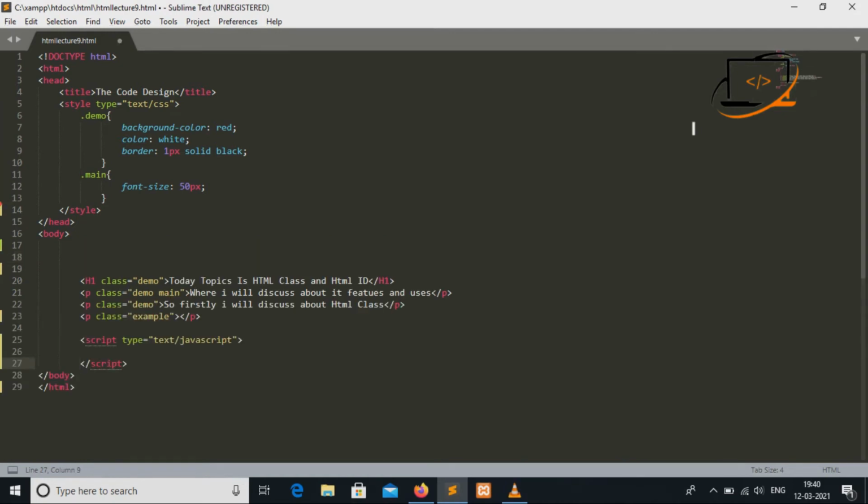Taking JavaScript, here I will start a script tag, where a class name is given. I am giving another class, that is paragraph.